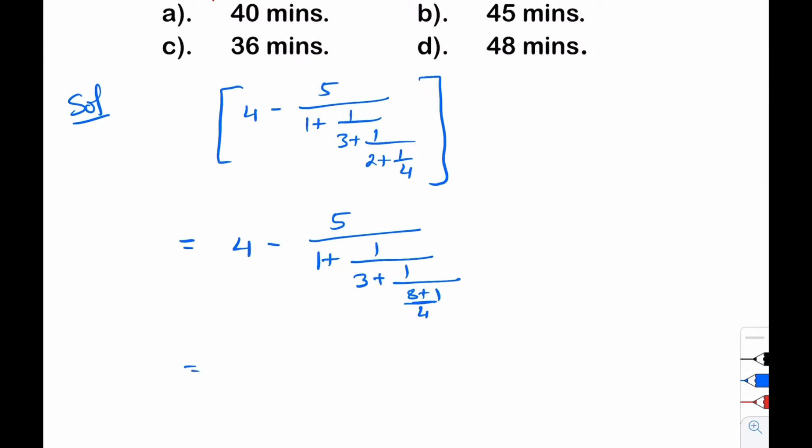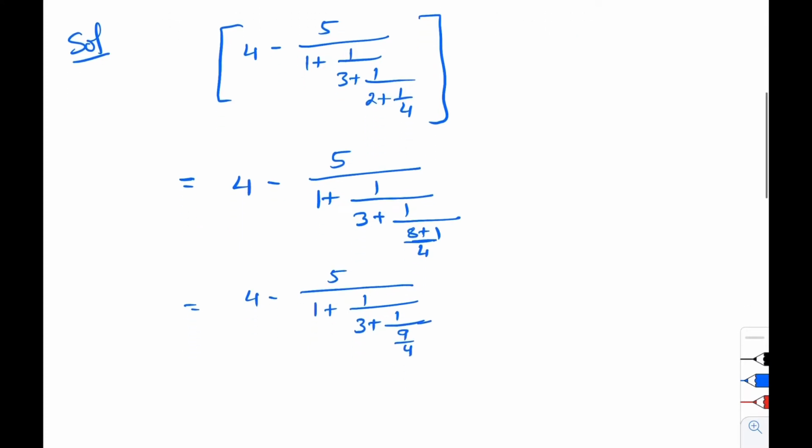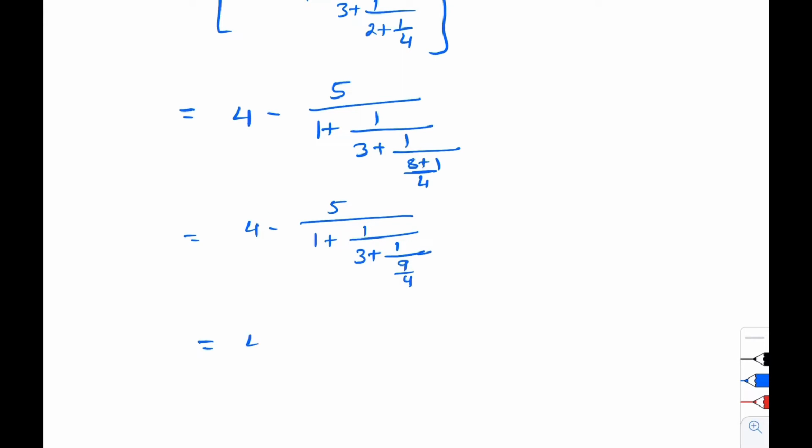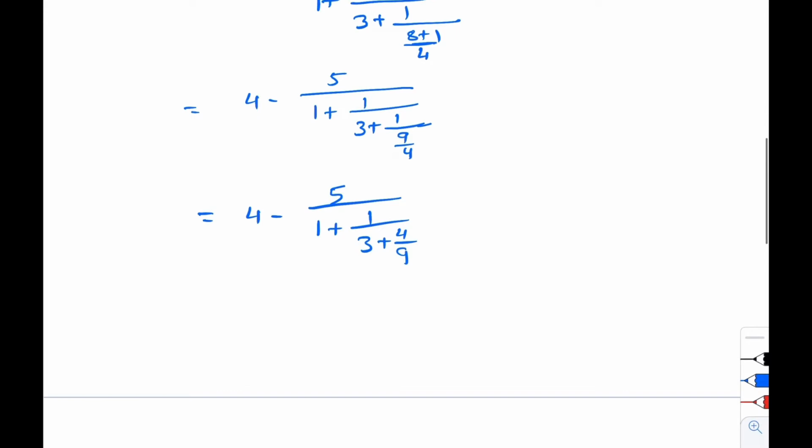So this is equal to 4 minus 5 upon 1 plus 1 upon 3 plus 1 upon 9 by 4, and this is equal to 4 minus 5 upon 1 plus 1 upon 3 plus 4 by 9. Now this is equal to 4 minus 5 upon 1 plus 1 upon 9 LCM, and this is equal to